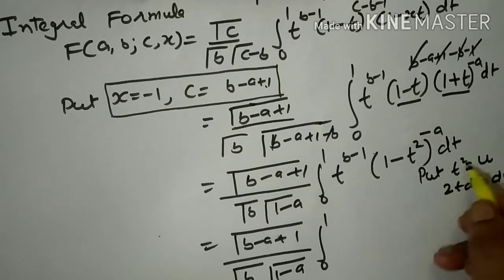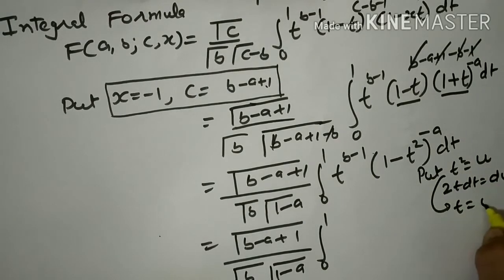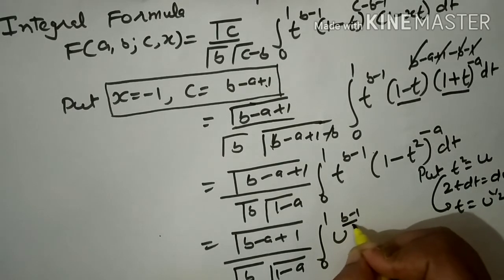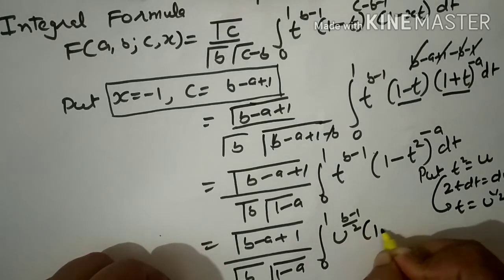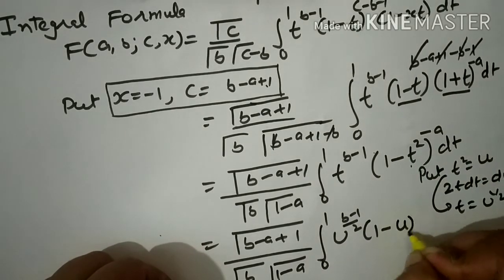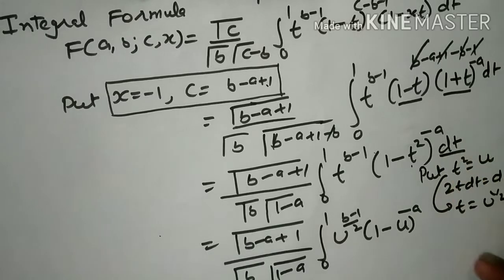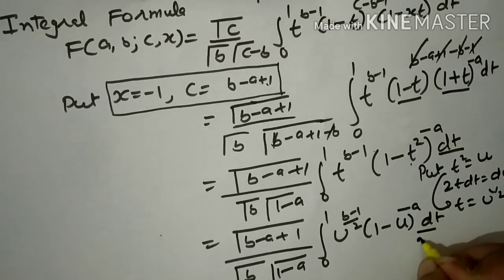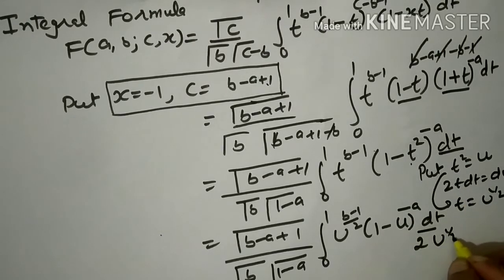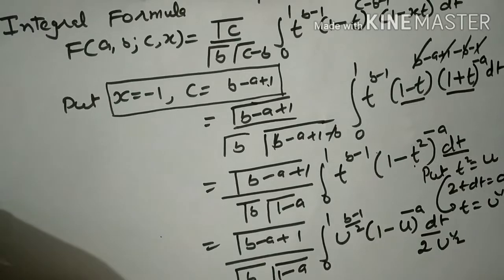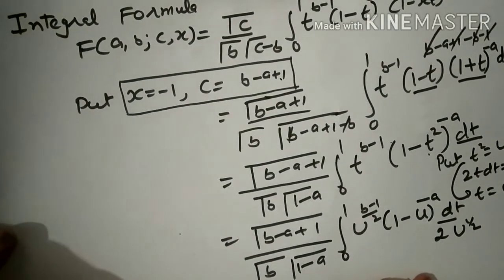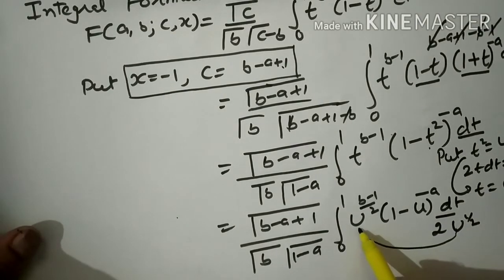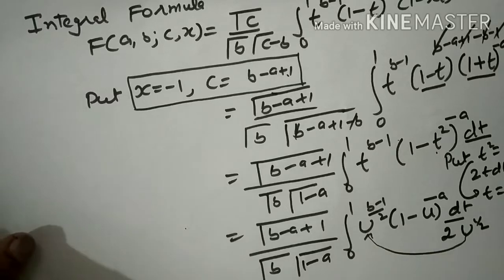In place of t we are going to put u. So if t squared is u, it means t is u raised to power 1 by 2. So it is u raised to power 1 by 2. So it will be this. Similarly (1 minus t squared) is 1 minus u raised to power minus a, and in place of dt will be du upon 2t, and t is u raised to power 1 by 2. So this is what we get from here. Now we have to simplify this. Simplify the power of u. Power of u will be combined here, so we will use it.